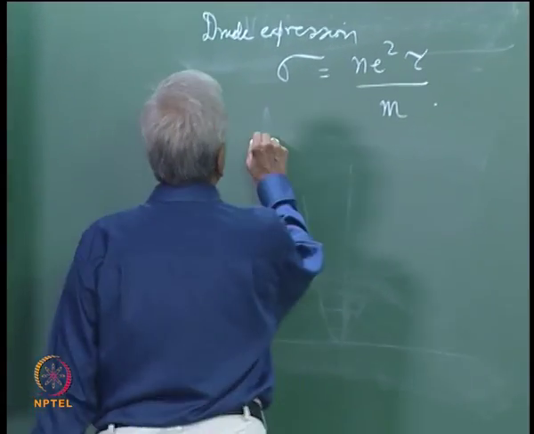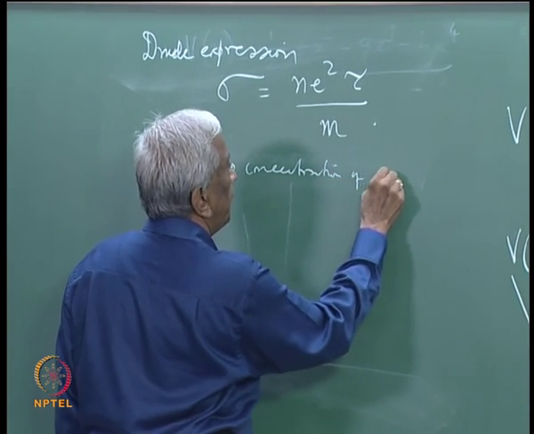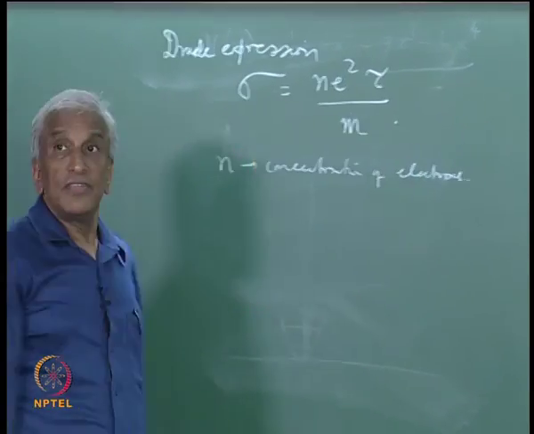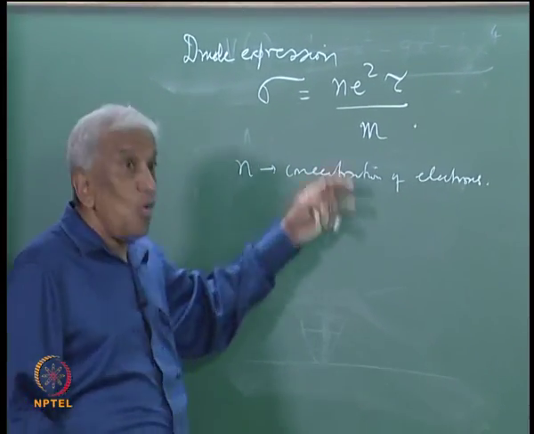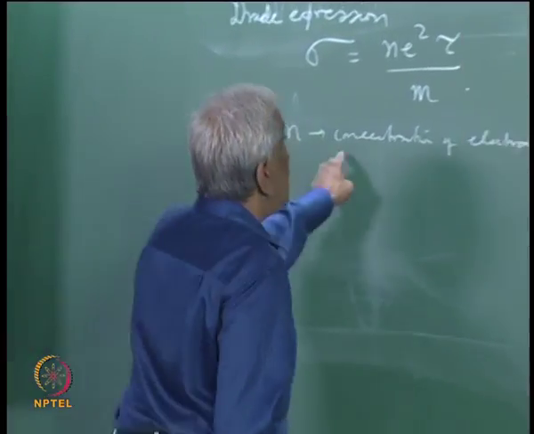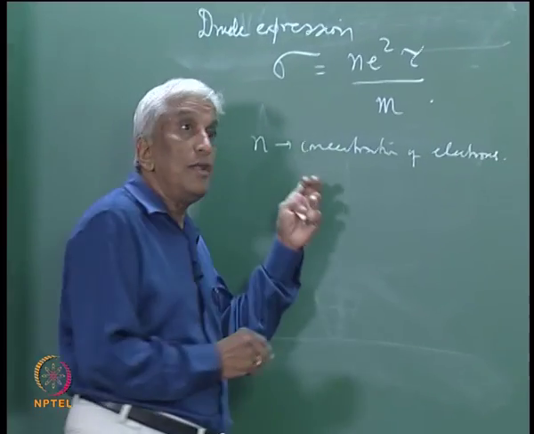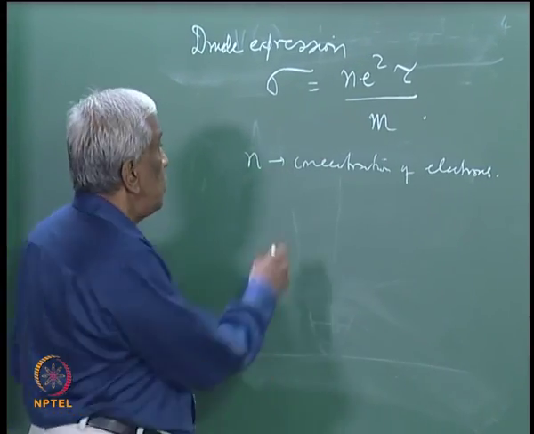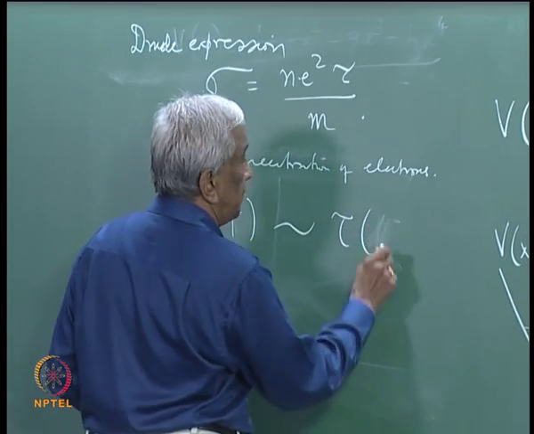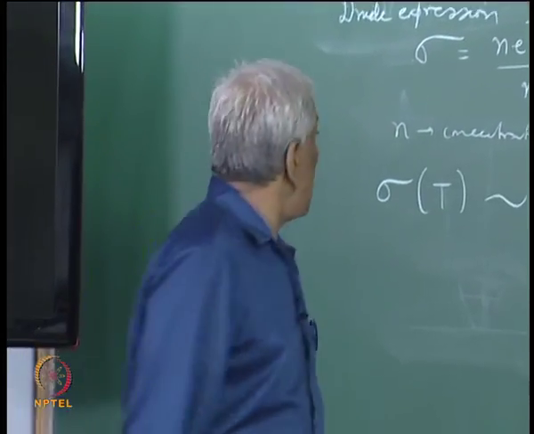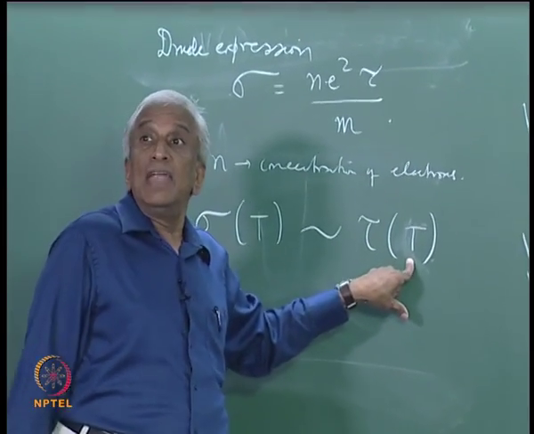In this, n is the concentration of electrons. Of course, the Drude expression is a very general one, not only valid for metals, but in general for any material, but we are now applying it to the case of a metal. Now, we know that the concentration of free electrons which are responsible for conductivity in a metal is constant, not dependent on the temperature, m and e are also constants. So, the entire temperature dependence is due to the temperature dependence of the relaxation time tau. So, the key to understanding the temperature dependence of the electrical conductivity of a metal is contained in an understanding of the temperature dependence of the